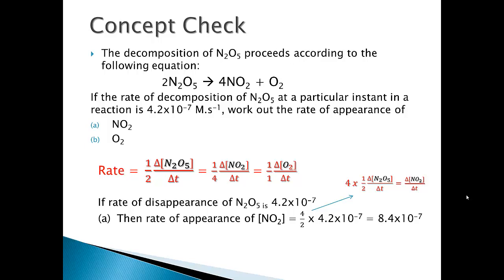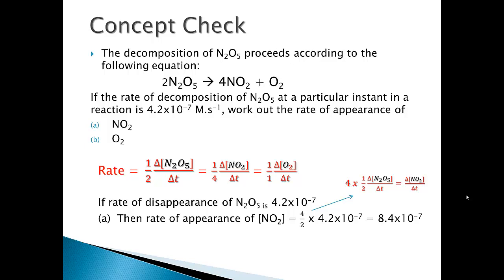So we've got 2 N2O5. That's corresponding to 4 NO2 on the other side. So if the rate of disappearance of N2O5 is 4.2 by 10 to the minus 7, then we have to multiply by 2 to get the rate of appearance of NO2. There's going to be twice as much of NO2 appearing over time. So we get 8.4 by 10 to the minus 7 moles per litre per second, is going to be our rate